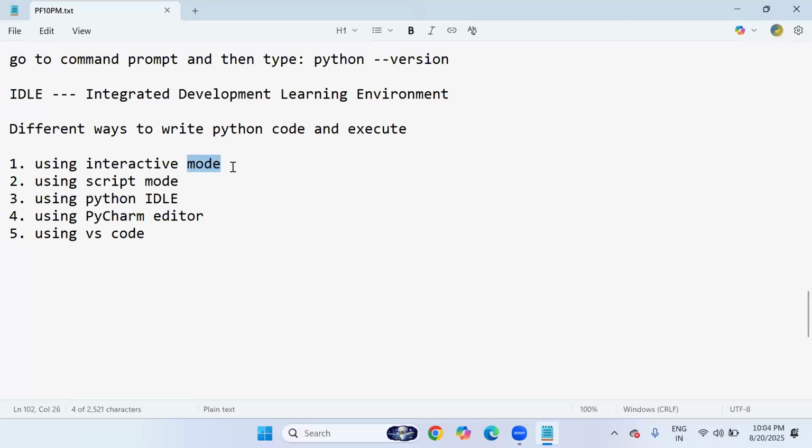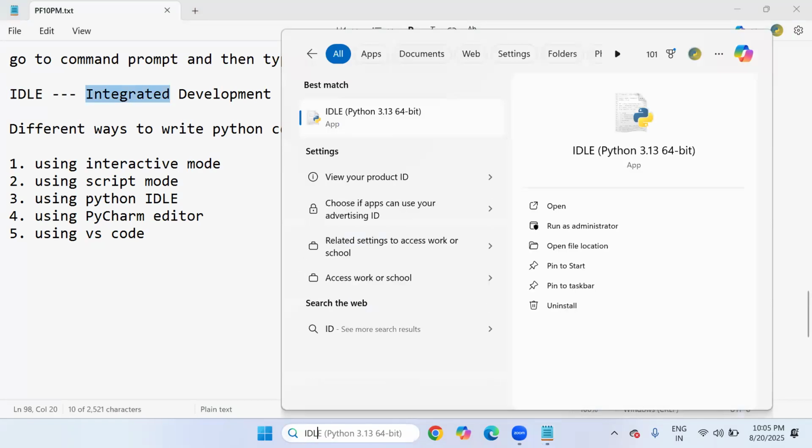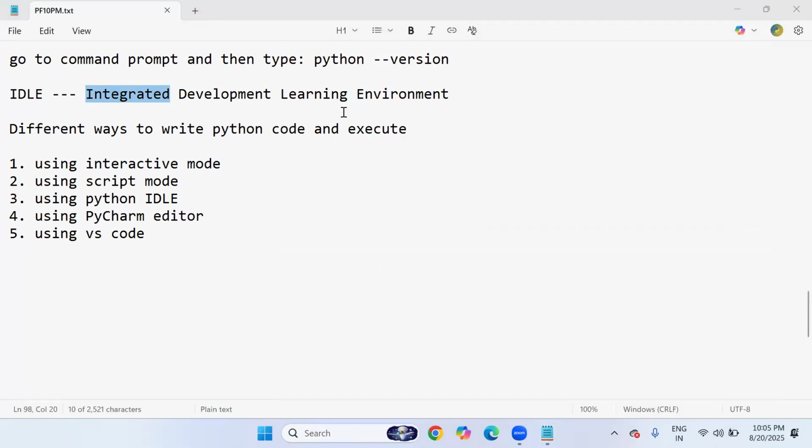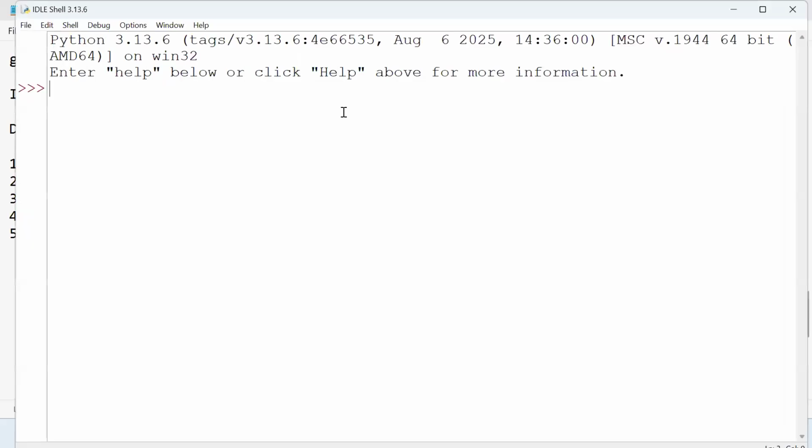How to write Python code using interactive mode? What does interactive mode mean? Very simple. When we download and install Python software for the first time, you get one default editor, that is IDLE. So let's open IDLE by going to search and typing IDLE. This is the IDLE of Python, the default editor. The moment I click on IDLE, the window you are going to see